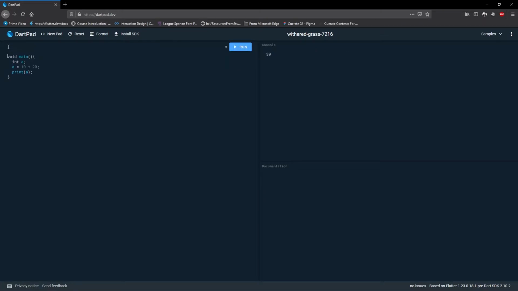Now there's a way to perform this addition in a separate function. Let's assume that we'll define a function called void add, and here we are going to do int a is equal to 10 plus 20, and I'm going to print a over here. And I'll be removing all of this code, and I will call that add function on the top just by doing this. So what's going to happen?